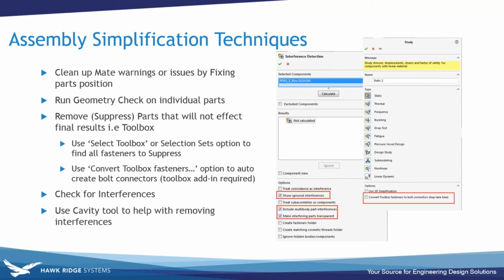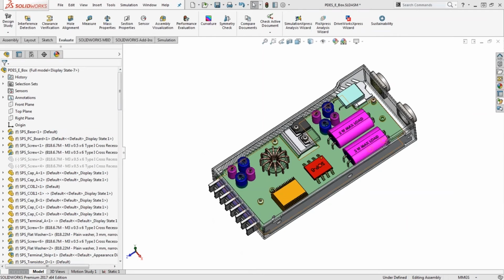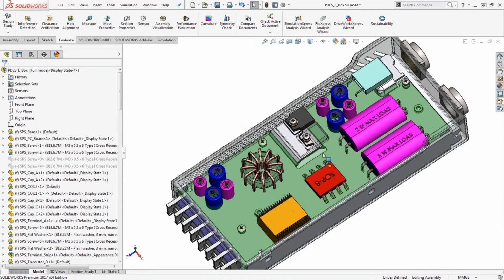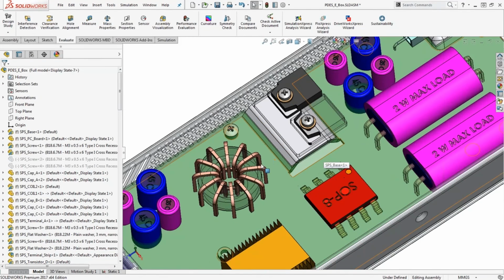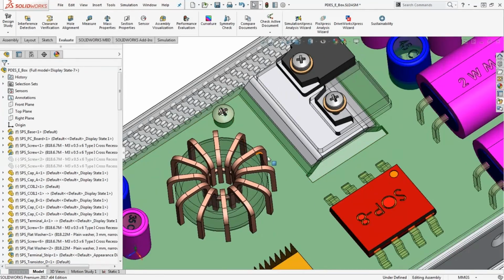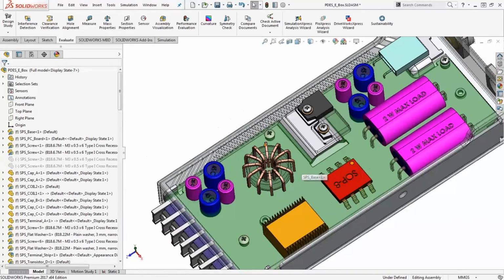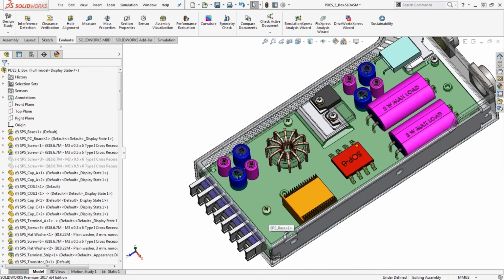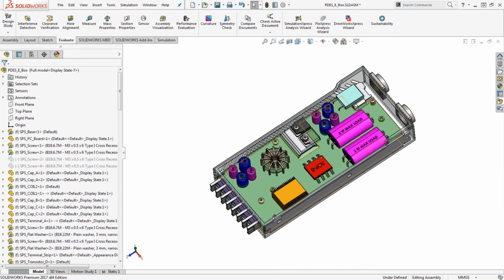suppressing details or level of details here that is just not necessary. These little fins here, or any toolbox components as well. Right? Ultimately, those things are just not going to play a huge role in my analysis, depending on what I'm running, of course. Right? So if I want to suppress those fasteners, assuming that you have a lot of toolbox components in your assembly,